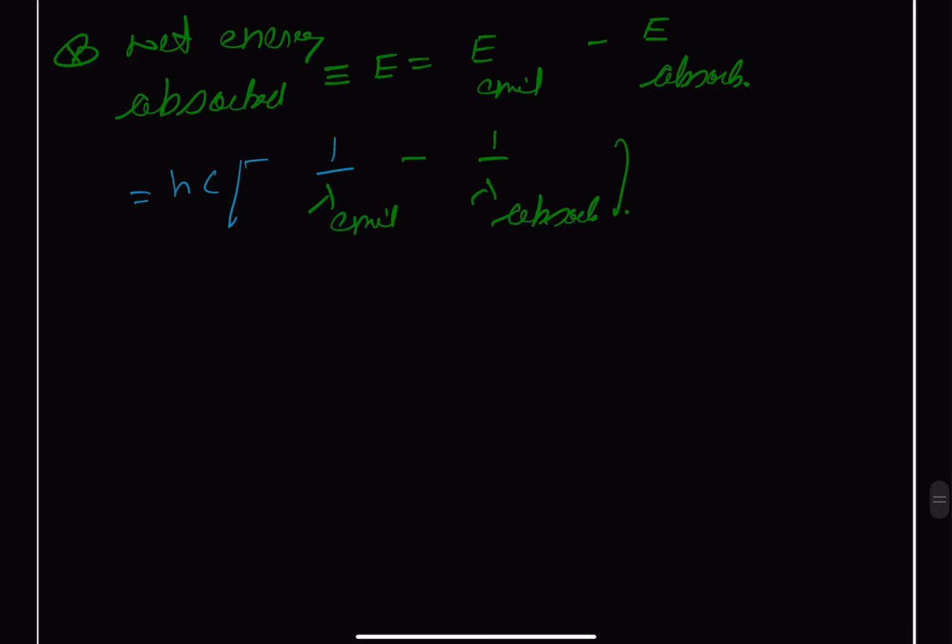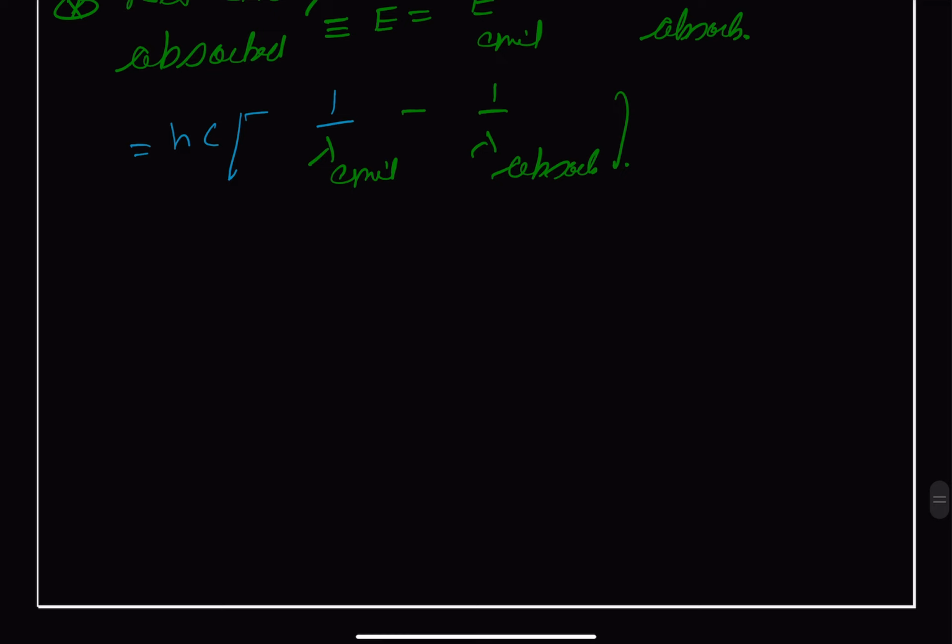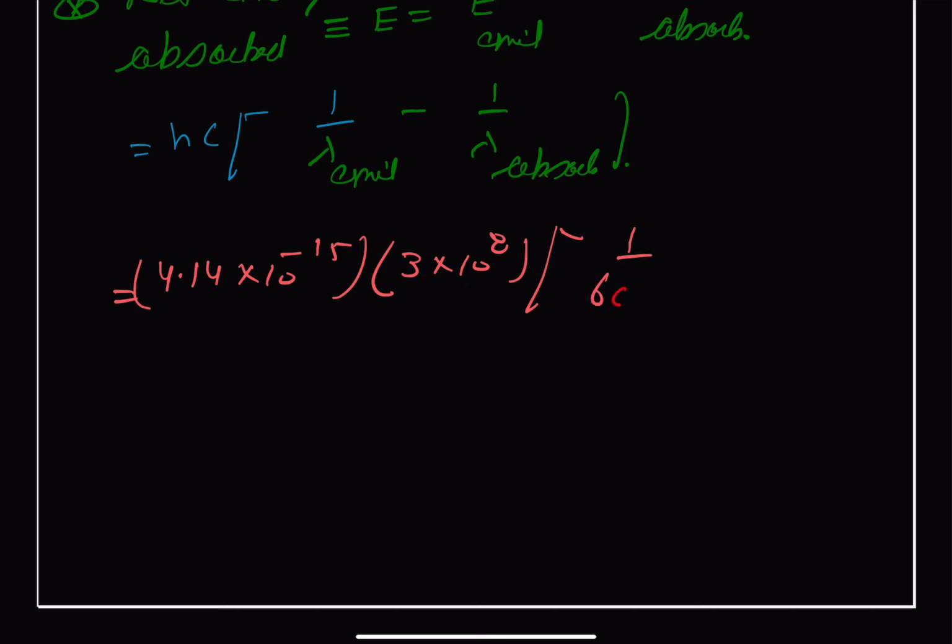We can just substitute the values and we get this, as h is 4.1 into 10 to the power 15. Speed of light is 3 into 10 to the power 8, and this is 1 upon 600 minus 1 upon 500,